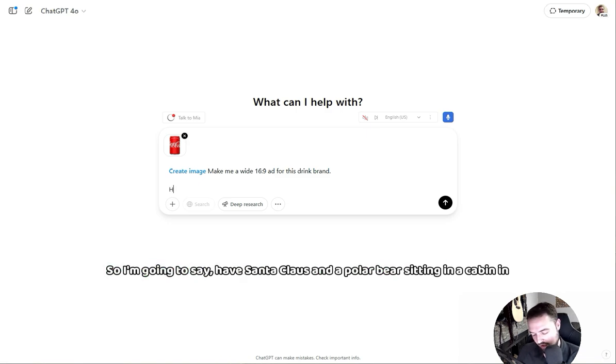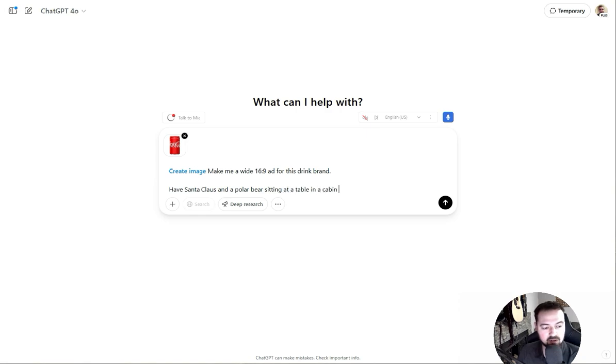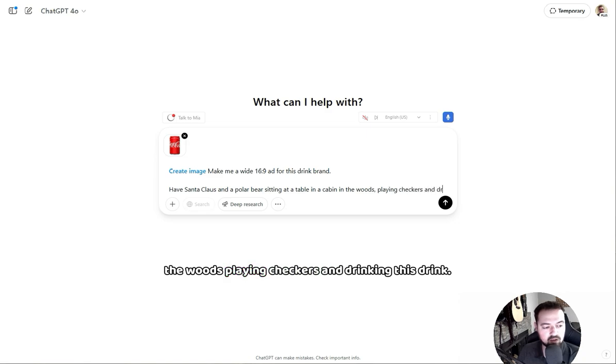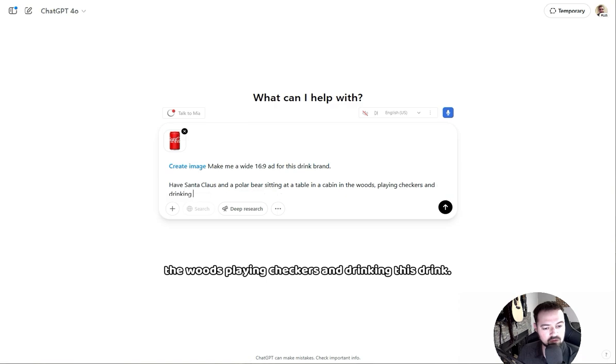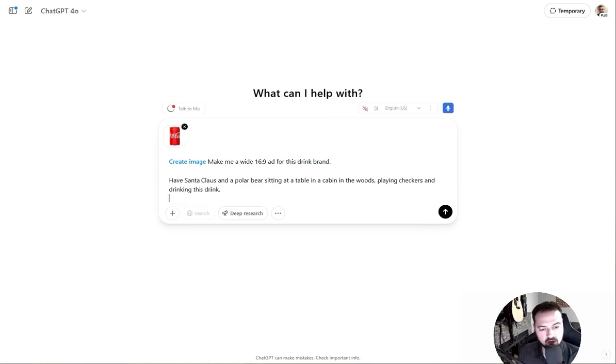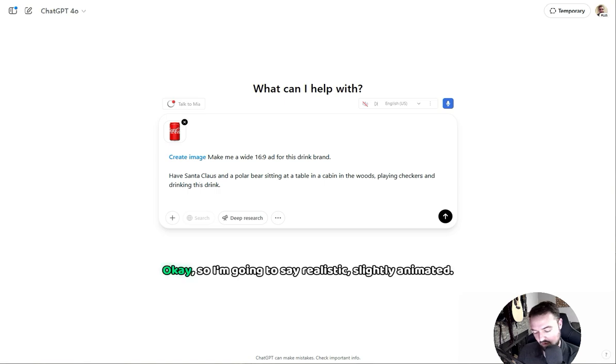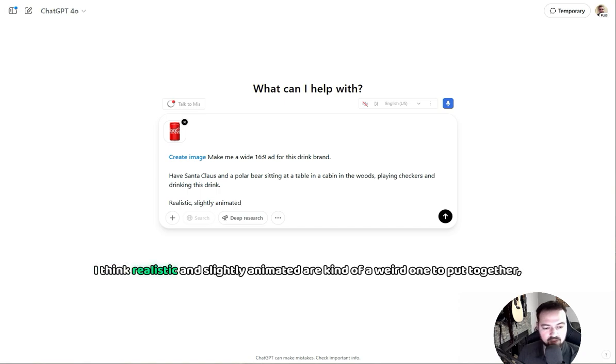So I'm going to say have Santa Claus and a polar bear sitting in a cabin in the woods playing checkers and drinking this drink. Okay, so I'm going to say realistic, slightly animated. I think realistic and slightly animated are kind of a weird one to put together, but sometimes with the style,